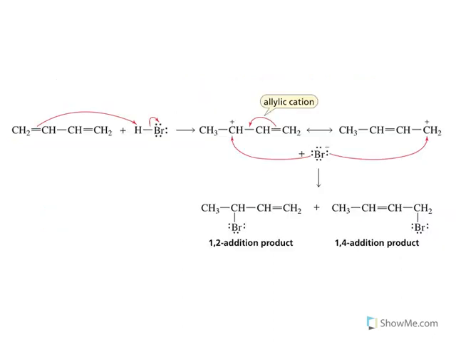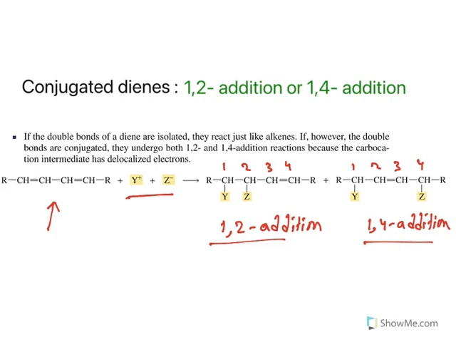Why? Let us understand this. So this is a diene. Imagine you are using an alkyl halide. So what happens? Initially this electrophile goes and attaches to this double bond. So when it attaches, it forms a carbocation. Now this carbocation can be stabilized by this movement of these electrons. Then what happens? The positive charge gets here. So you are producing two different kinds of pieces wherein you have a positive charge here or you have a positive charge here, or this is a carbocation at second carbon, this is carbocation at this fourth carbon. So when this bromine attaches here, you get 1,2 addition product. When the bromine attaches here, you get 1,4 addition product. So that is what is given here.